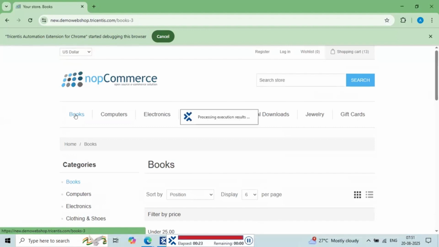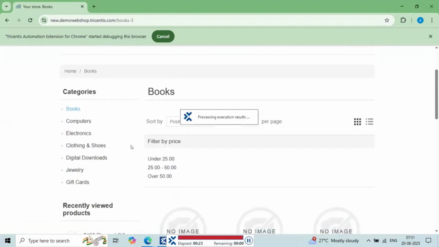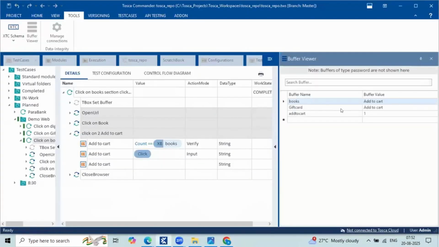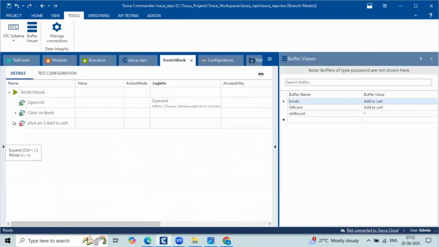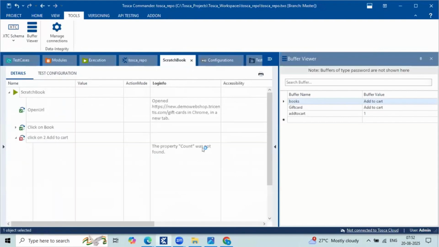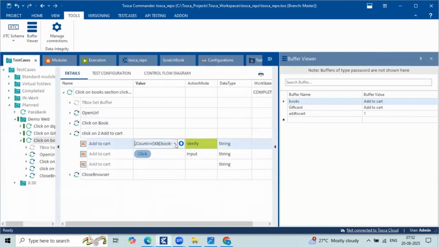So here it is giving an error message to us. Just wait a minute. We'll see what exactly the error is. So here the error is triggered: the property count was not found. Okay. So when I'm using dynamic buffer, maybe it is not working.